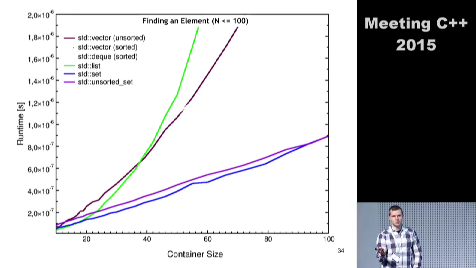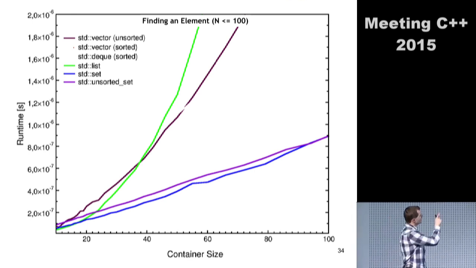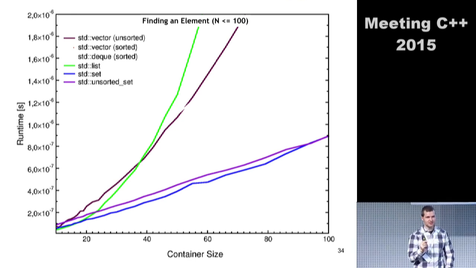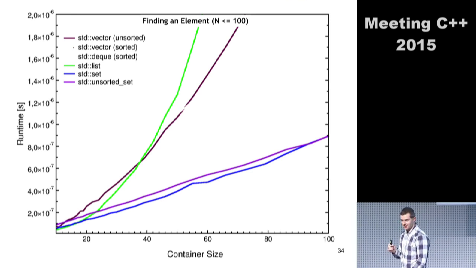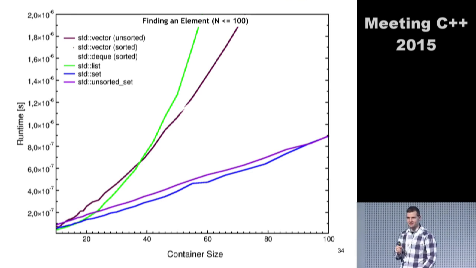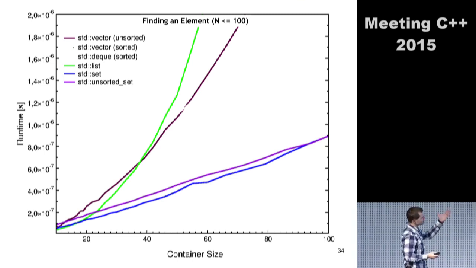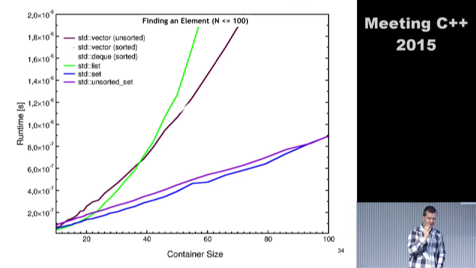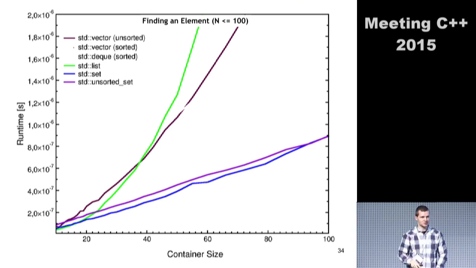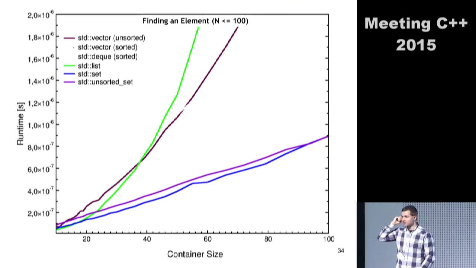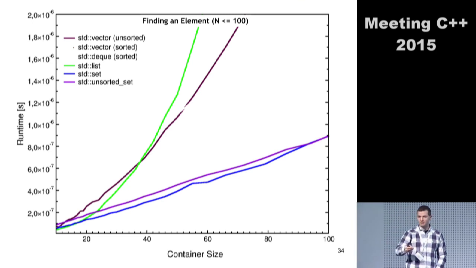However, a vector can be sorted too. Okay? A sorted vector, is this truly a revelation? Does it perform better than set? Who thinks this is something that should beat the set? What kind of search are you using? Are you using binary search or still just... No, of course. Okay. In the case of a sorted vector, of course, use lower bound. Yeah, so it's truly the logarithmic search approach. Lower bound. Yeah, exactly.